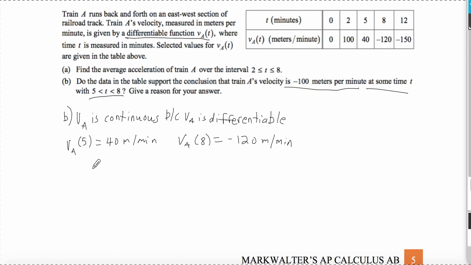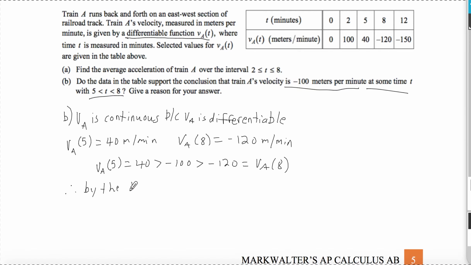And then I could say 40, or I can even make another kind of expression. V sub a of 5 equals 40, which is greater than negative 100, which is greater than negative 120, which we know is V sub a of 8. Otherwise, we could say, hey, V sub a is continuous because V sub a is differentiable. We know V sub a of 5 is 40, V sub a of 8 is negative 120. Therefore, by the intermediate value theorem,